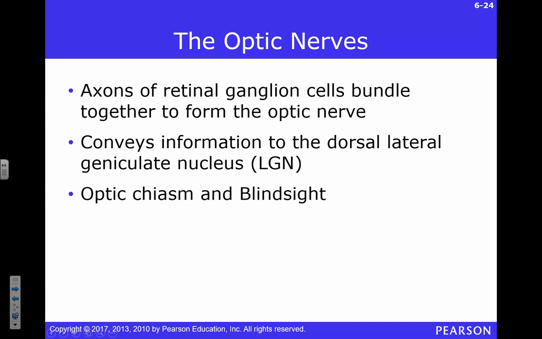All right. Optic nerves. Once we leave the eye, we have to cross over. We do what's called a partial decussation. Don't worry about this too much, it's going to make your head hurt. Most of the visual information from one eye goes over to the other, but not all of it. Some of it stays on the same side.